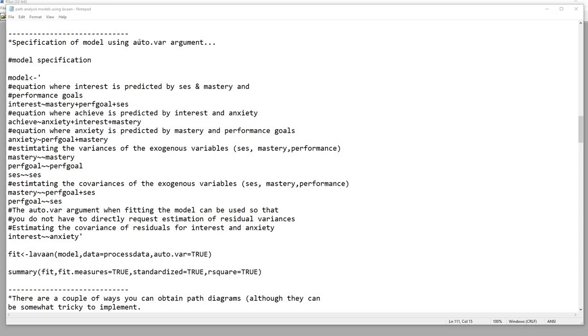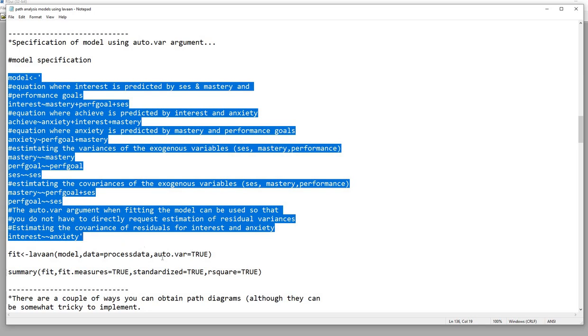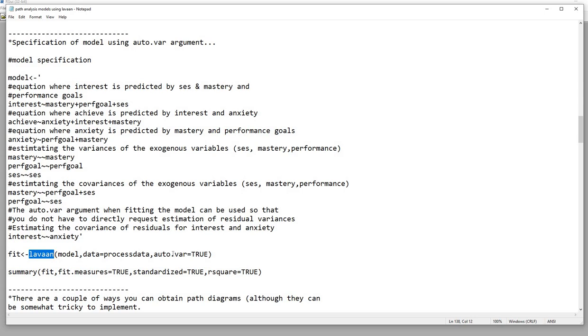So one thing that you can use is the auto.var argument. Basically, you can lay out your model syntax in the same way, but instead of having to request the residual variances directly, you can leave that out of your model specification. And when you're running the analysis using the lavaan function, if you include the argument auto.var equals true, then the variances of the residuals will